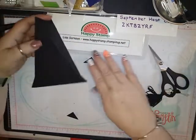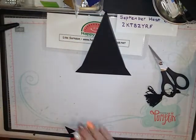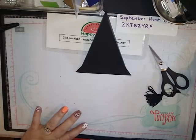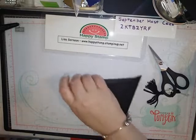So now it looks like you have a little hat there. Okay. And the sides are not going to be perfect, and that's okay. All right, now I'm going to take